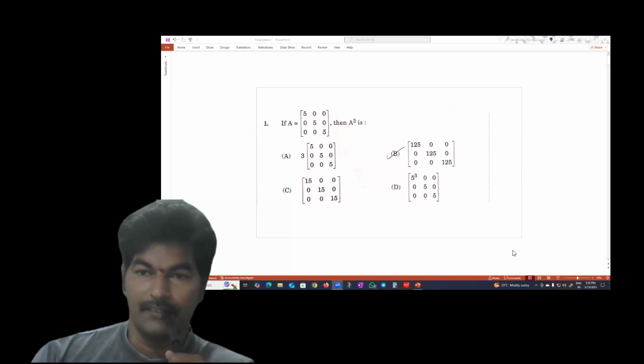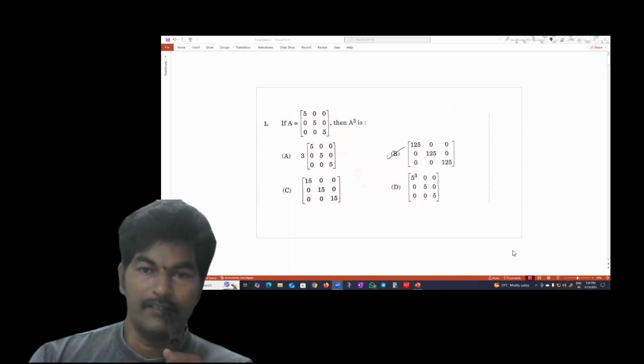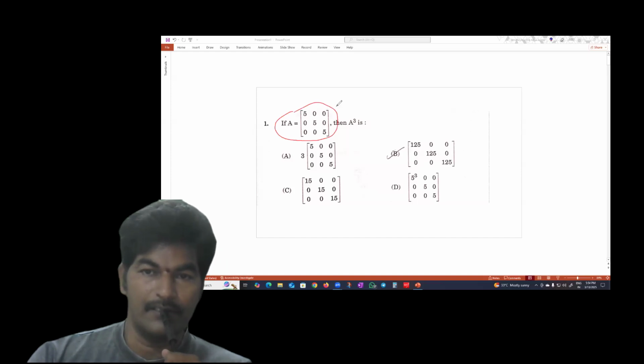Take a look at the present problem in this session, from the 2025 SET 1 paper. Look at the first problem. In that, capital A is defined as the matrix 5, 0, 0; 0, 5, 0; 0, 0, 5. Clearly, this matrix indicates